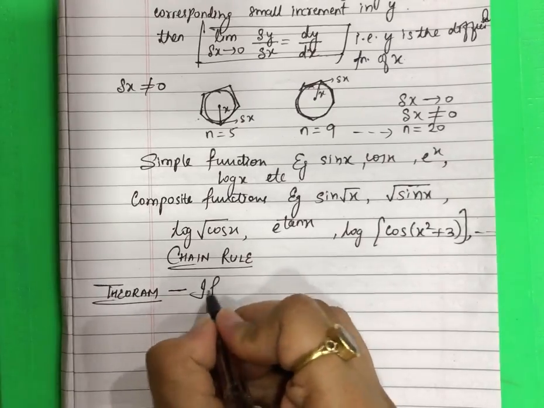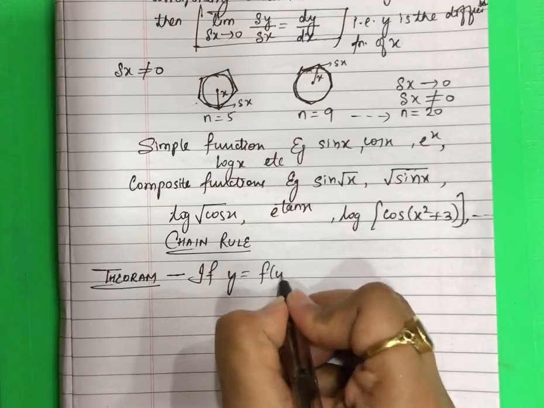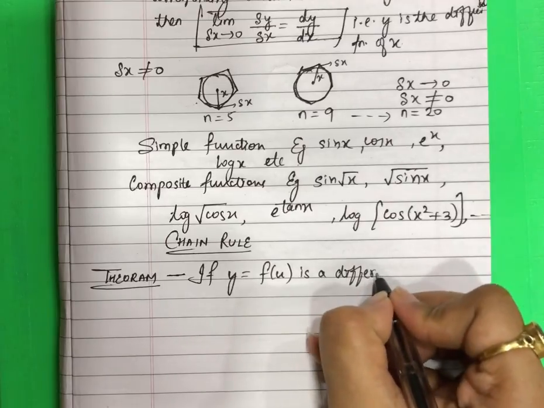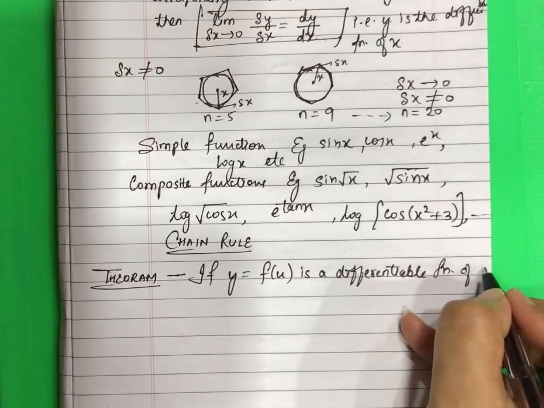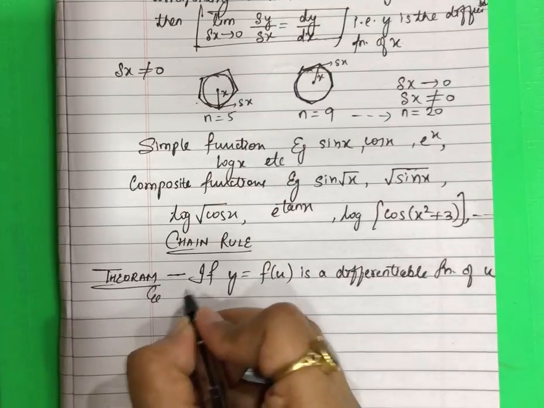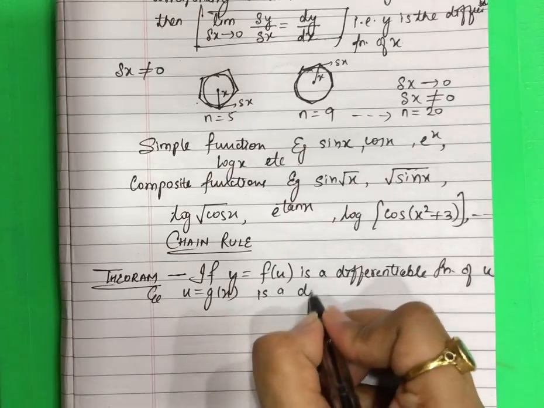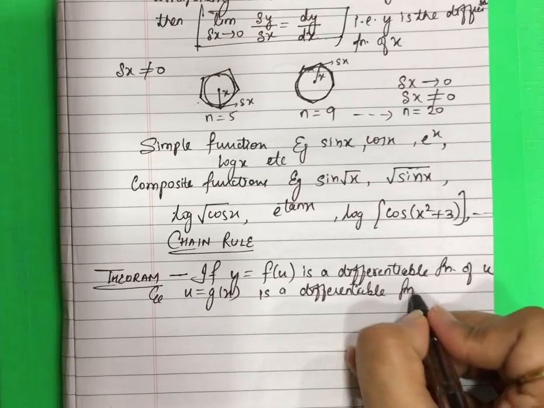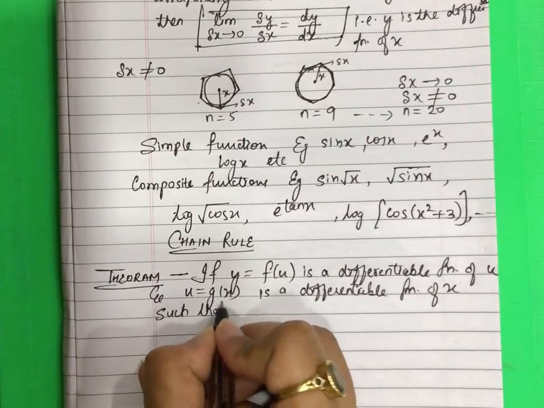First, obviously, the statement: if y is equal to f(u) is a differentiable function of u, and u is equal to g(x) is a differentiable function of x, such that